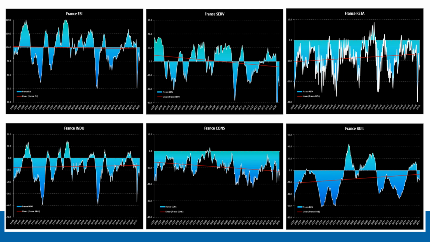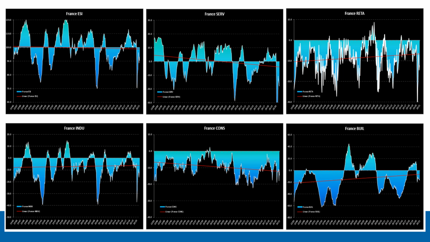Moving on to the French consumer, overall long-term average trend bearish, apart from a few positive blips in the late 90s, early 2000s. All the data is negative, and it's actually getting worse. The line is sloping left to right and getting lower. So the red long-term moving average is sloping down, and there's only one way to sum this up, guys. The French consumer is just miserable pretty much all the time. It's just a question of how miserable they are.